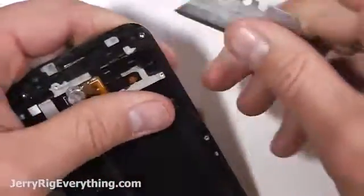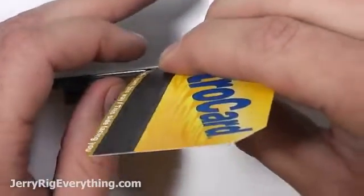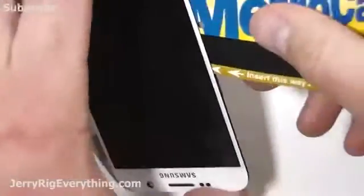Eventually I want to take one of these guys apart and see what's on the inside. I'll save that for a future video if you guys are interested. Now I'm going to heat up the glass. This heat job is going to be a little bit more important because we're heating up the entire screen of the phone. What I'm going to do now is slide the little card that I've been using between the LCD